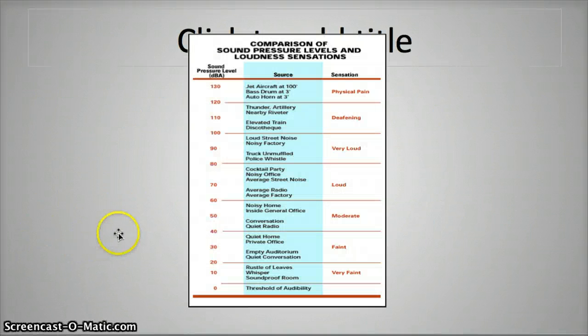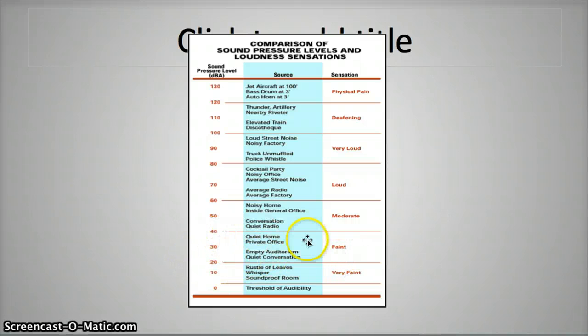And I just want to show you this chart here really quick, which is pretty interesting. This goes through and shows you some different examples of what different decibel levels are like. And so you can relate to most of these. So if you're at 0 dB, that's something you're probably not going to hear. Once you get up to 10 dB, it's very faint, something, as it says here, like a whisper or a rustle of leaves. As you keep moving up, you can see how this changes to faint sounds from 20 to 40 dB,